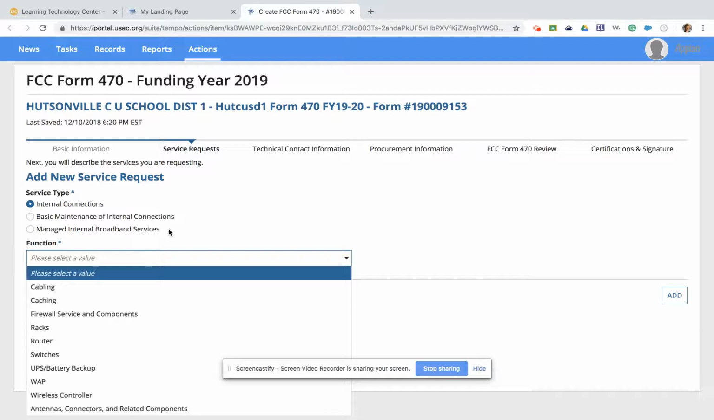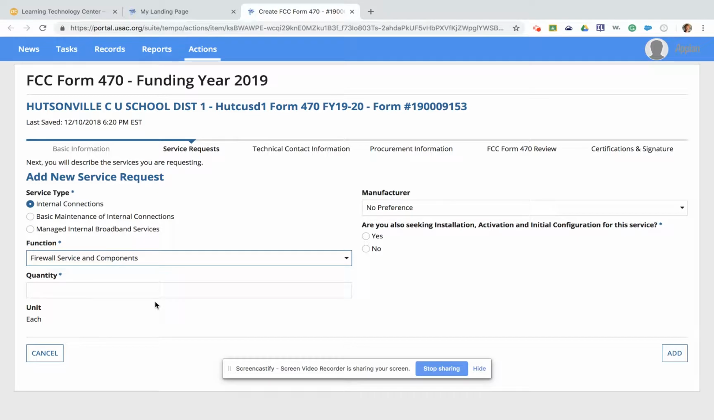However, if you're not quite sure what you need, this is the perfect option to do kind of a wish list and see what you can afford before filing the 471. So in this case, I am going to choose firewall service and components. That is something new that we need here at the district. We're looking to replace a firewall. It's also kind of a tricky thing to apply for, and so I'm choosing it and glad to use it